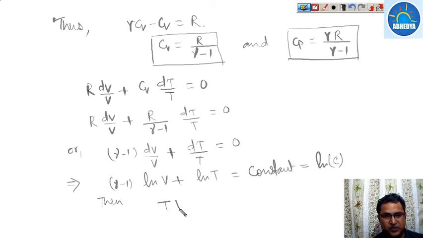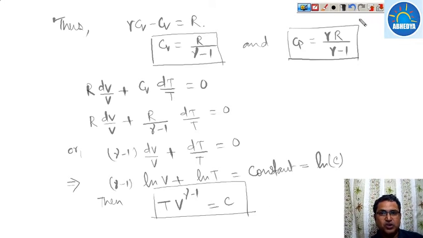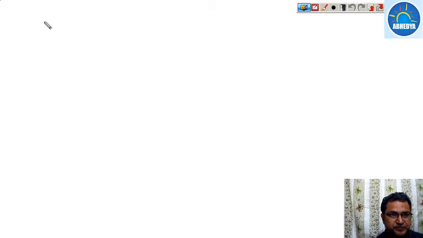T V to the power gamma minus 1 is equal to constant. This is the relation for an adiabatic process. This is the relation between temperature and volume. So if we eliminate this temperature with respect to pressure, as we know